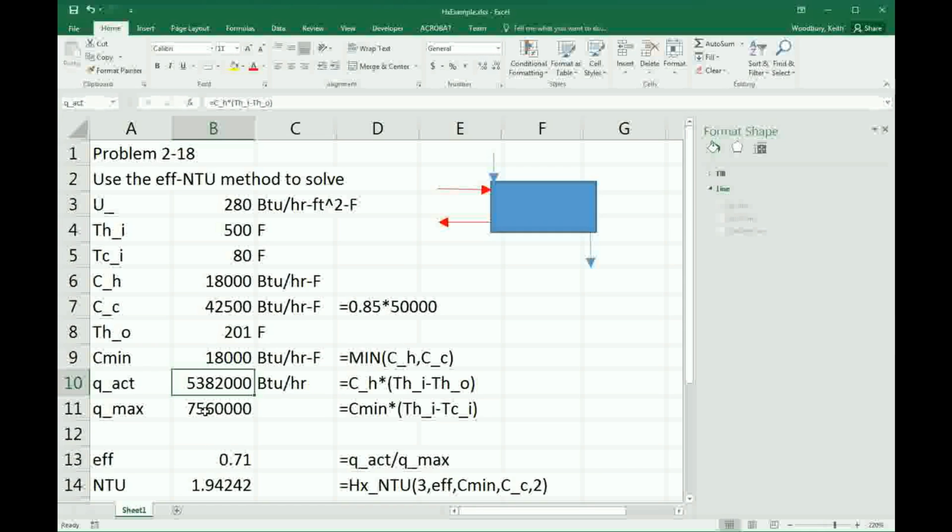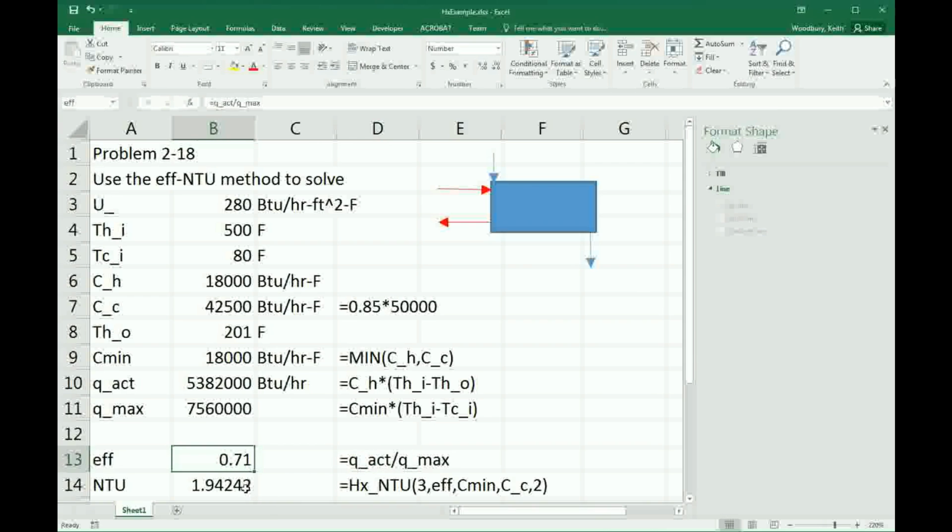So to get the effectiveness, we need to now calculate the maximum possible heat transfer for this exchanger, and that will result if the minimum fluid undergoes the maximum possible temperature change, which is T hot in minus T cold in. That's the maximum temperature difference in the exchanger. So the ratio of the actual to the maximum heat transfer gives us the effectiveness, and this effectiveness